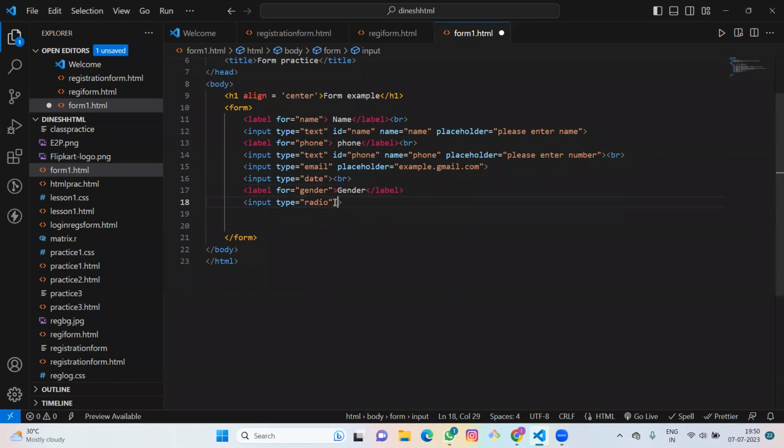We gave type. Here another attribute is added, like value, because radio will have multiple options. It is like options. It is male,